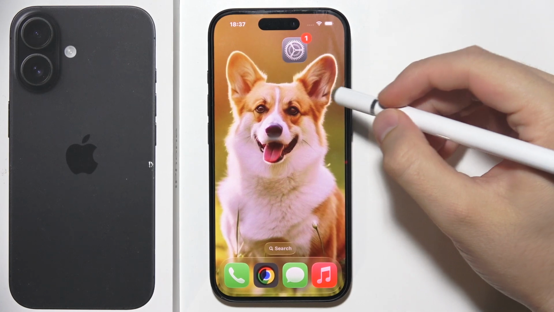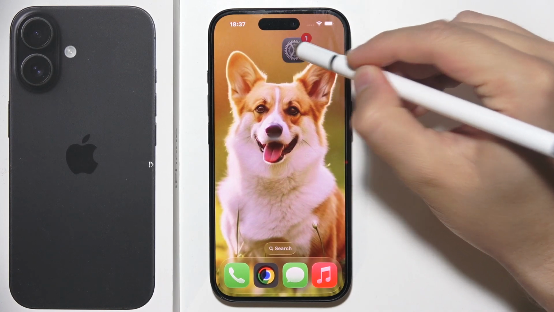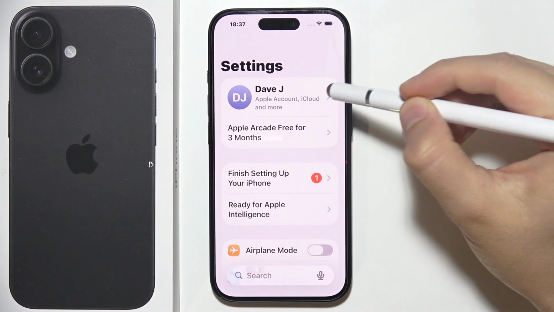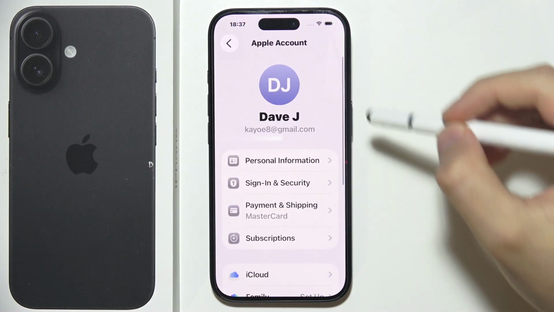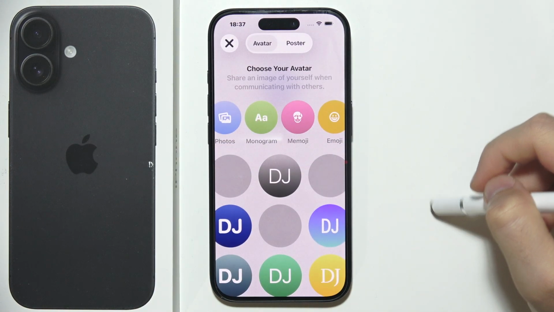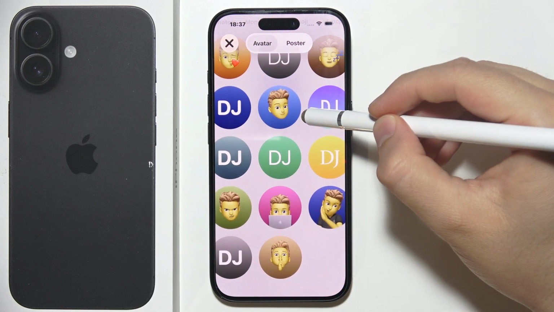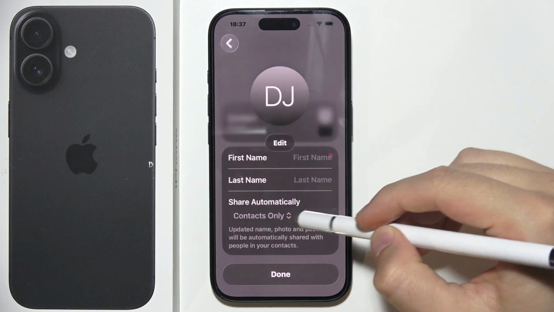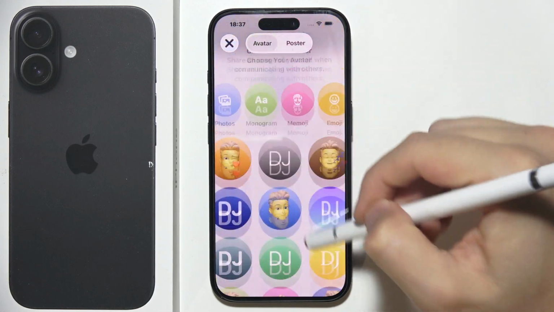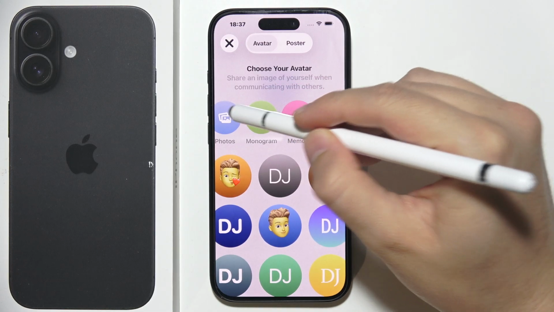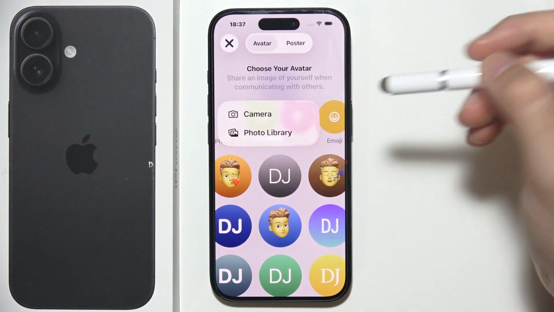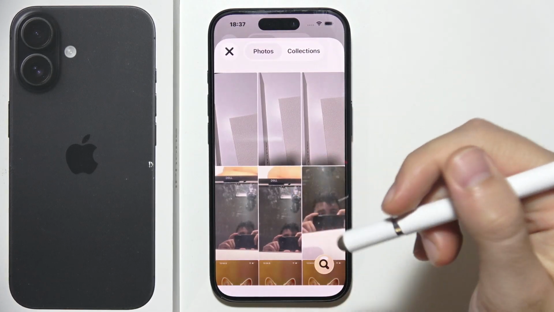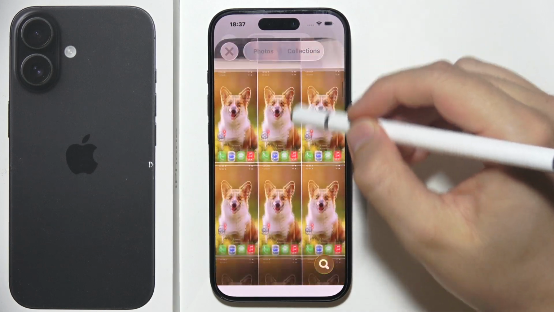To change your Apple account avatar on the iPhone 17, just go to the settings, go into your Apple account at the top, and click just over here to open the avatar. So you can get some quick recommendations from here, but also when you go into the option called Photos, you can basically take the photo right now or go to the photo library